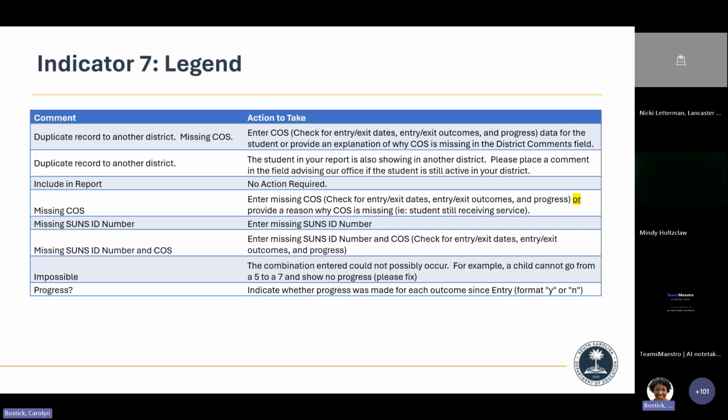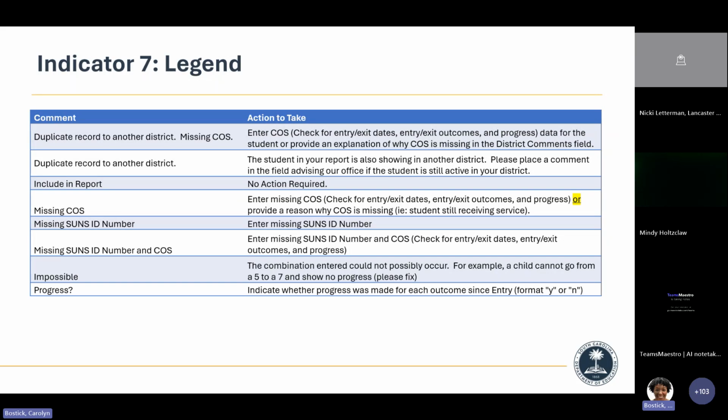Duplicates. If you see duplicates, whether it be in your district or out of your district, if the student was with you and they transferred, please just notate that the student moved. If the student came to you from another district and is still receiving services, just notate that, and that will clear that student from your list.